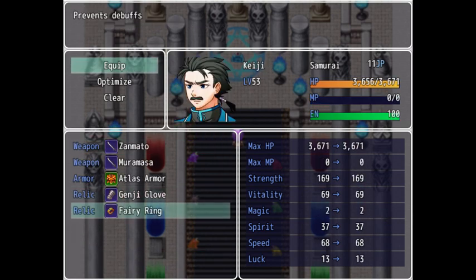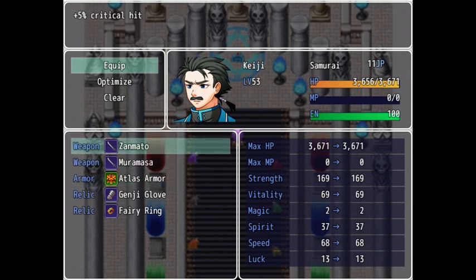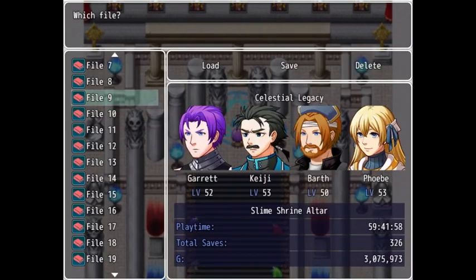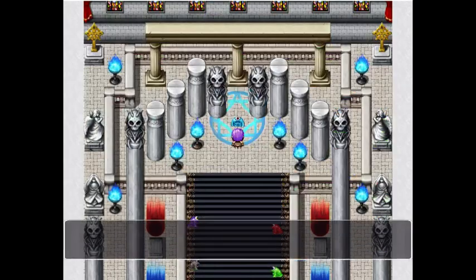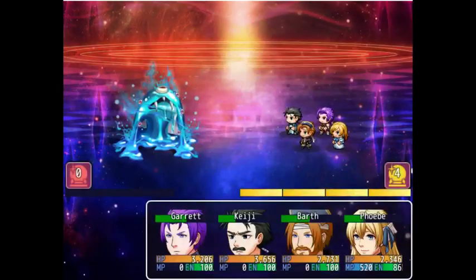And then Keiji, I've been doing the Genji Glove strat for basically the whole game, so why the heck not? And I also gave him the Fairy Ring, because this boss uses debuffs quite a lot, and honestly, I don't have the time to keep bringing his strength back up so he does decent damage. So yeah, that's basically the strat I got right here. Let's see if I can get this to...